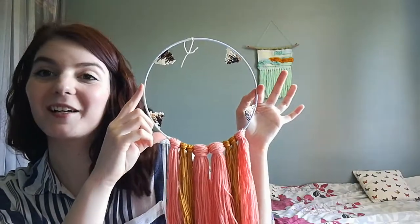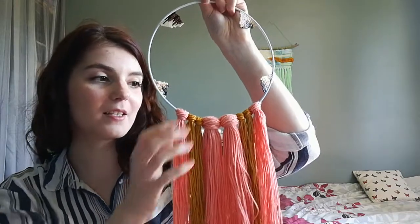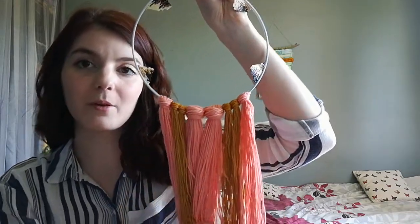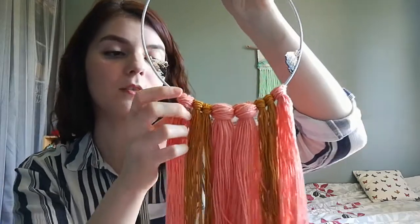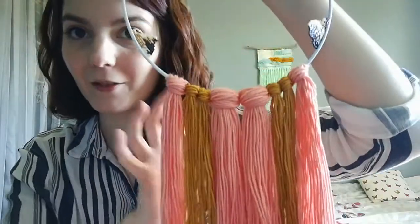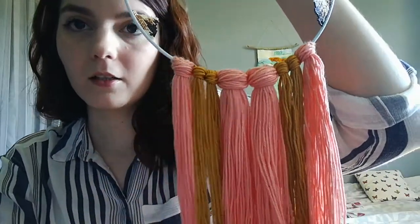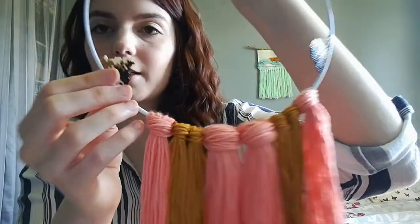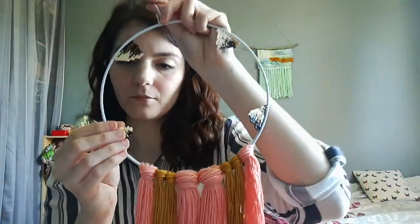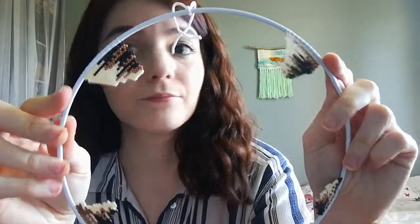I really like it. I'm liking this idea, and I am definitely going to experiment more with this. I just attached some massive Raya knots at the bottom. This is a lambswool, and this is a cotton, lovely gold cotton that kind of matches the bronze in here. And yeah, so what I'm going to do in the next few days,